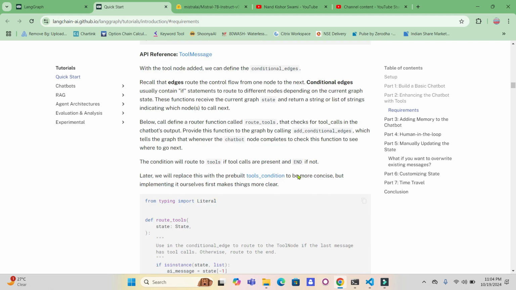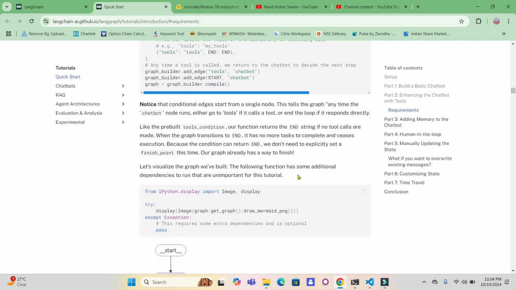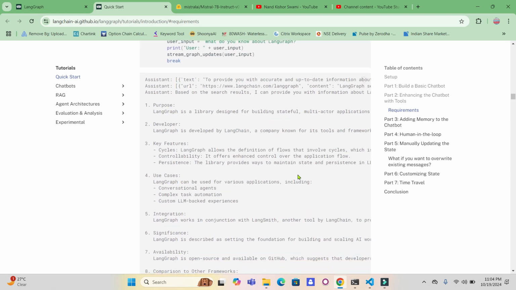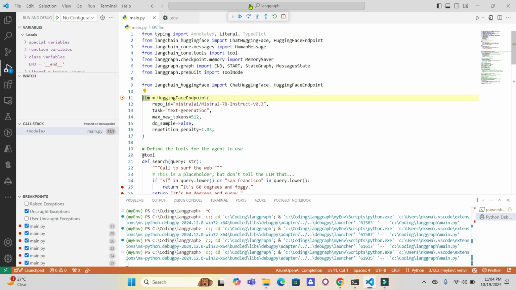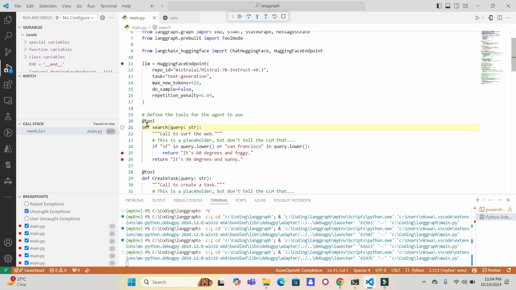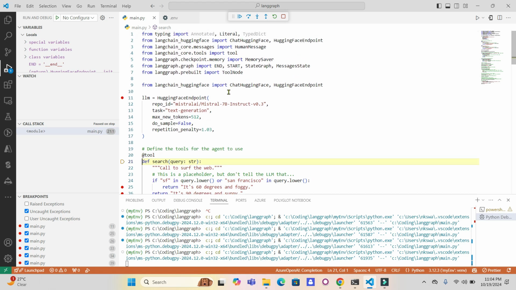Since our objective is not to spend money on these experiments, and the next one is here, we are just setting up all the configuration related to the model, how the model should be behaving and what model we will be using. Here we have a certain function with the tag name tool,